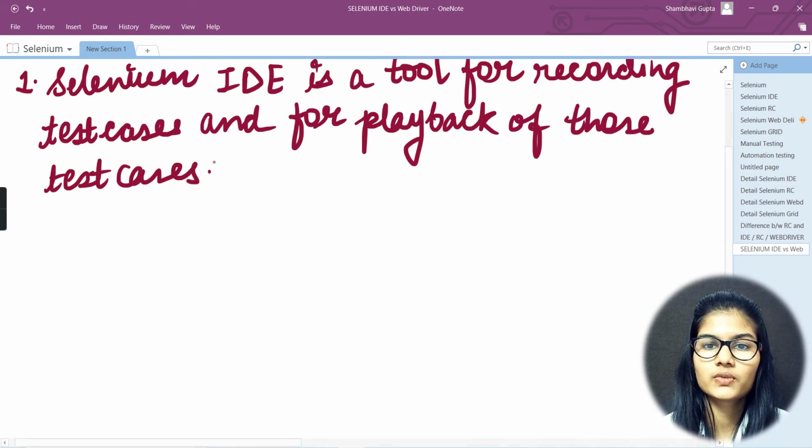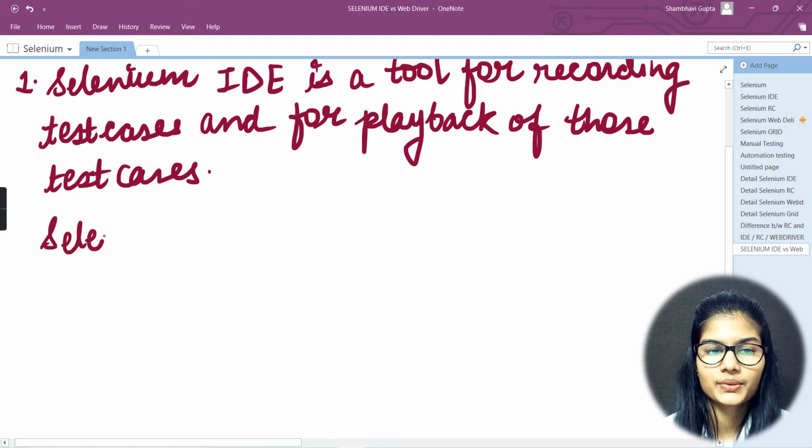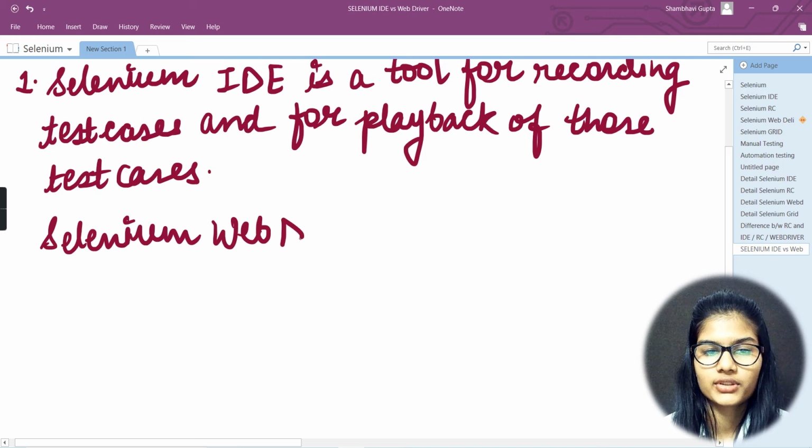It is one of the tools which is used for the recording of the test cases, and even it is used for the playback of those test cases, right? This is the idea regarding the IDE, okay? And if I talk about the Selenium WebDriver now,